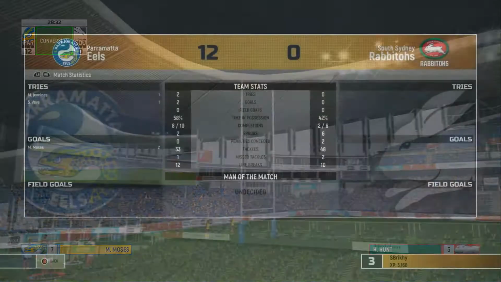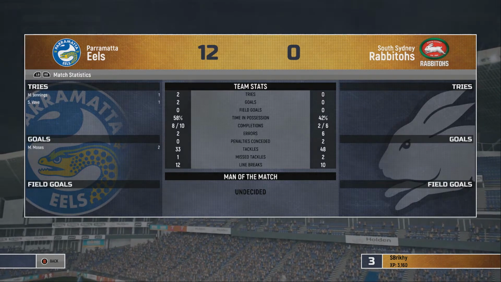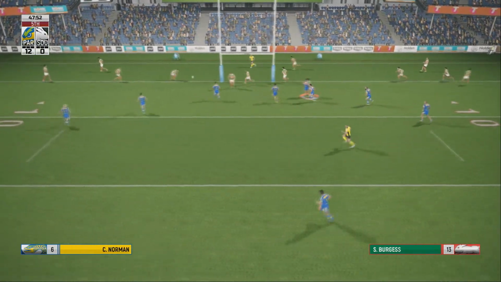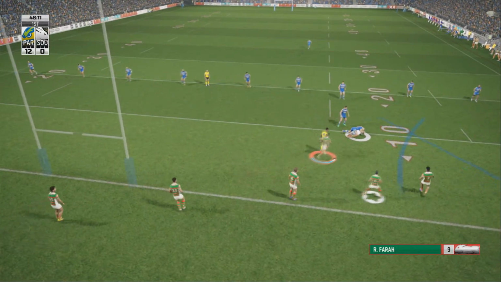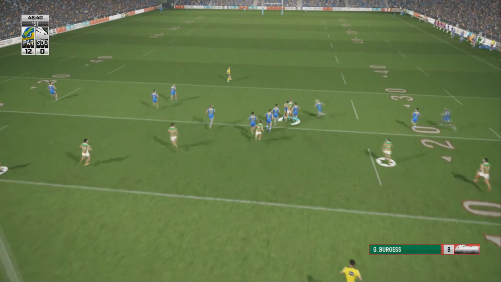And as you can see, at half time, the completion rate was really bad for us. And that's, so far, I think, been my biggest problem with Rugby League Live 4, the errors and the forward passes. It's just too easy to forward pass and knock it on, and I'm struggling with it, if I'm being completely honest. And if you guys would actually allow me the chance to criticize this game while some of the highlights play in the background,